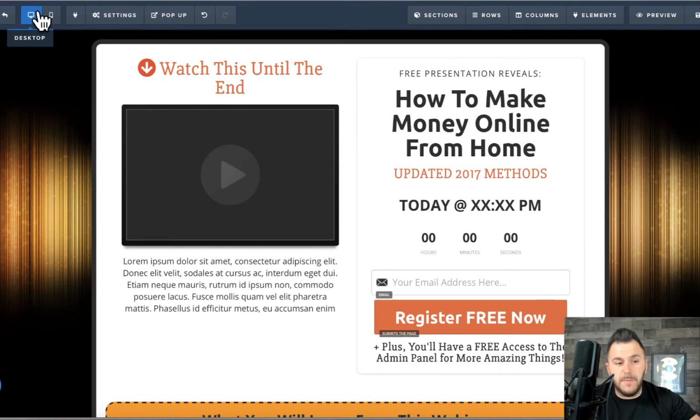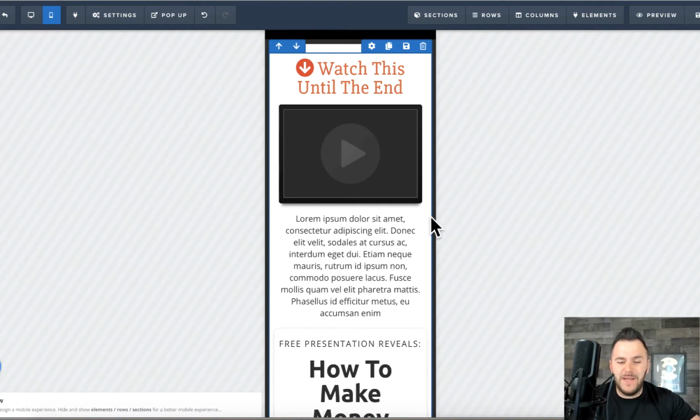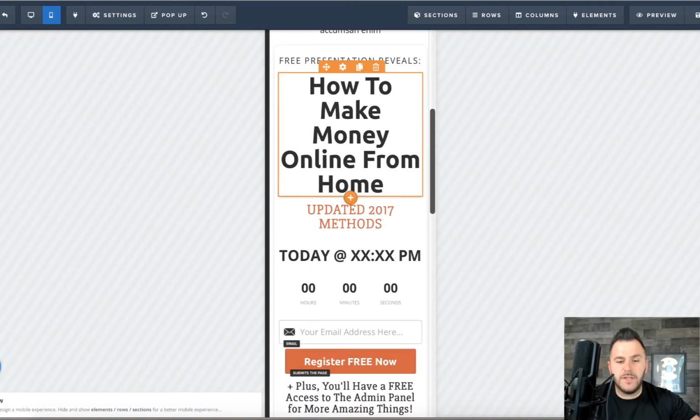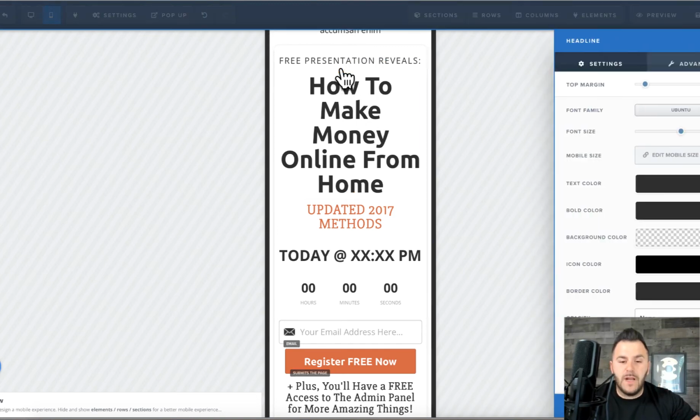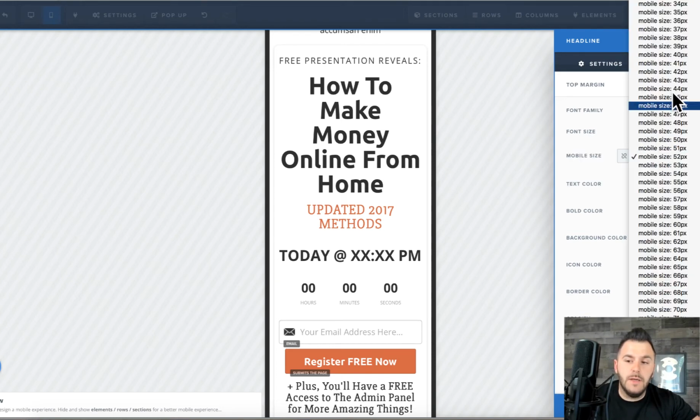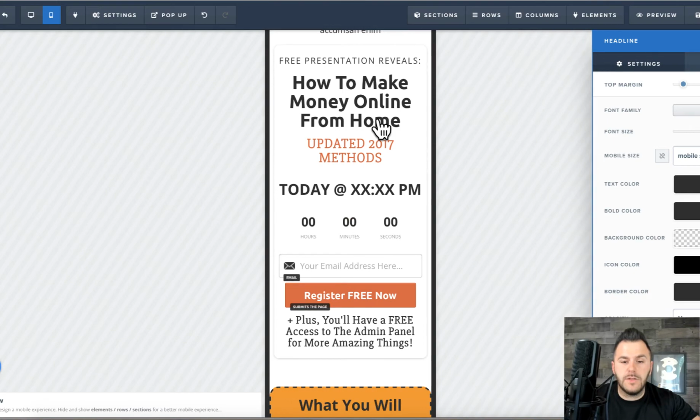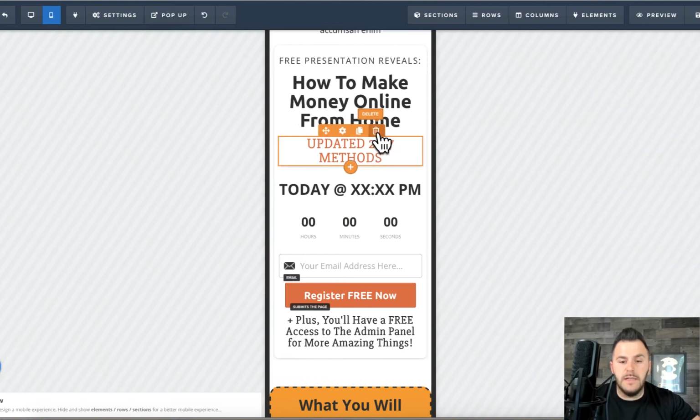I see a lot of people optimizing the pages to look beautiful for desktop, and then you go to mobile and it looks like crap. So you want to pay attention to that, right? So see how this thumbnail, how this headline looks like. You want to click this button that says mobile size. So you hit edit mobile, and then you go in here and you make it so much smaller. I would probably delete this,